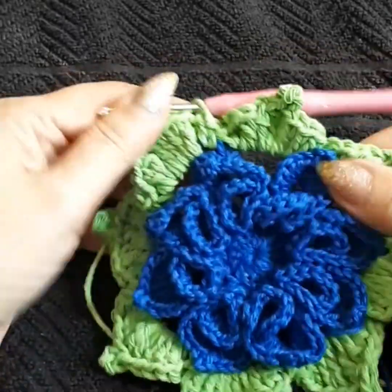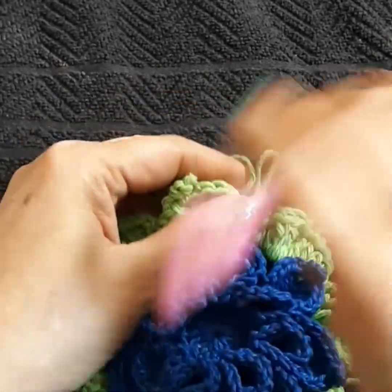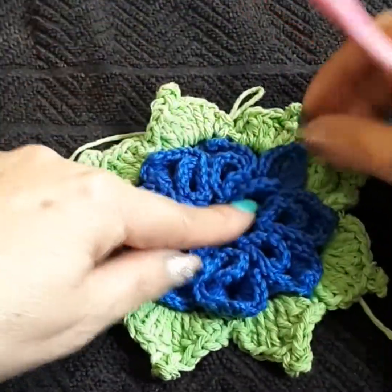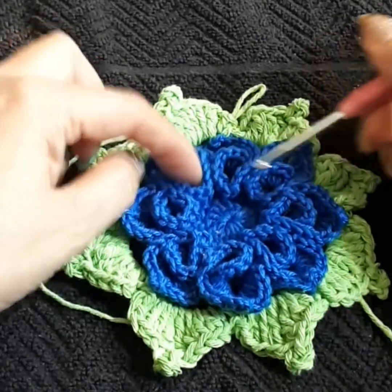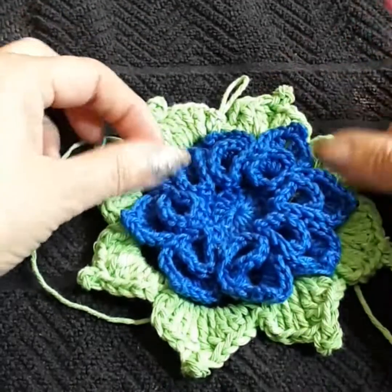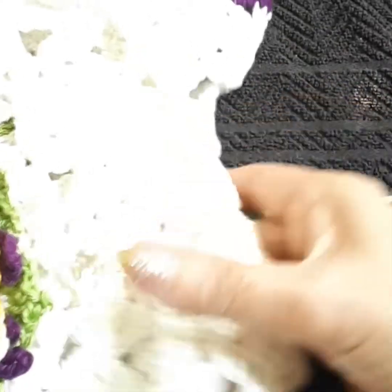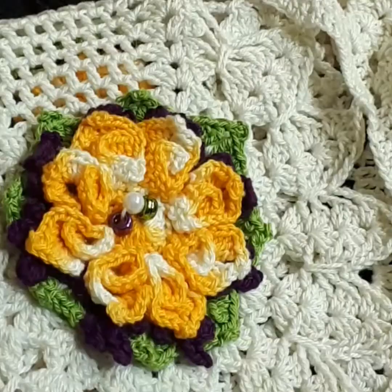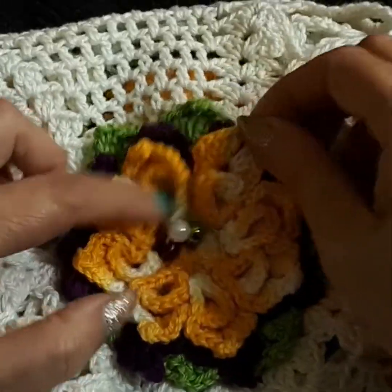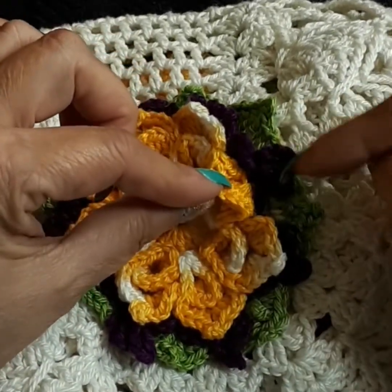Now I'm going to show you the Harmony table runner, which this flower is from. You could also spice it up and glue some pearls in the middle if you like. It also gives it a nice final touch. This is one of the very first tutorials I had done, and of course, whoa, look at the lighting on that. So as you see the flower, and what I did was I added the purple one right behind it